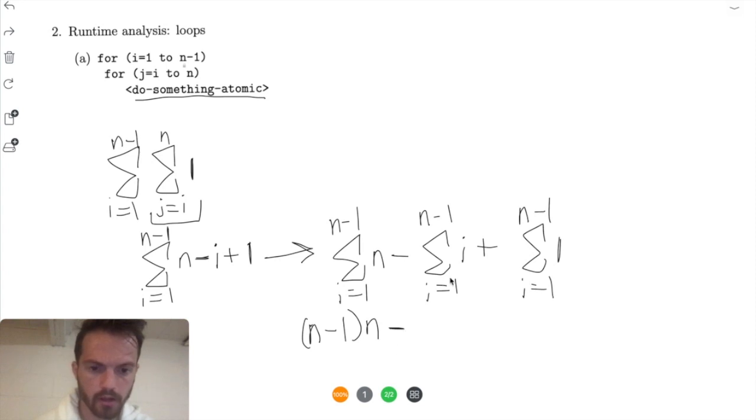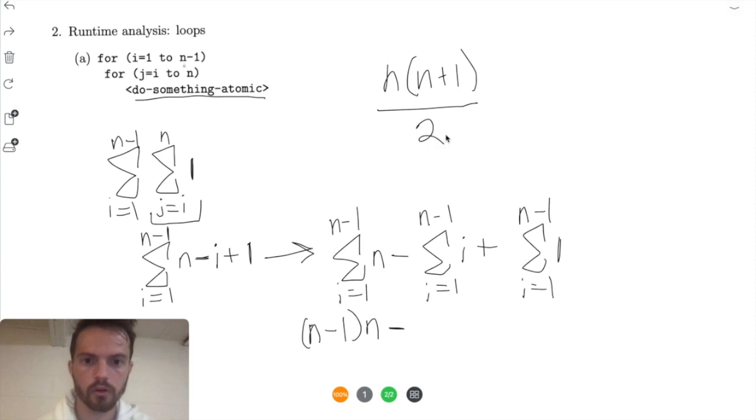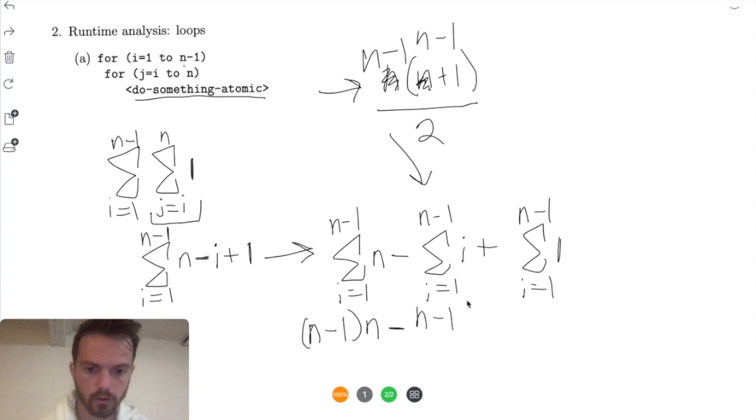Then we got to subtract this out here. This one has a special formula. When you're going from something to something and there's an i on the right, there's this formula you need to know, which is n times n plus 1 over 2. And what this n in here is whatever your second bound is. So instead of n, we're going to do n minus 1. So we'll make that a little cleaner down here. We're going to have n minus 1, and then n minus 1 plus 1